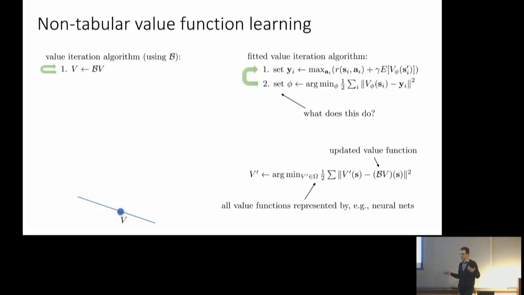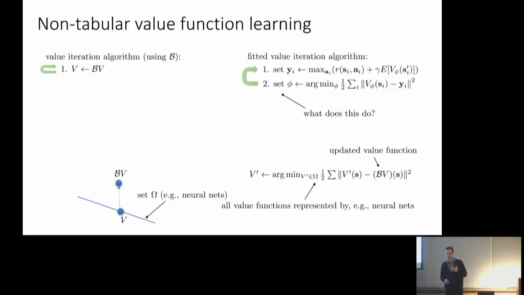So graphically, we can imagine that these 2 steps do the following. Let's say that this blue dot is your current value function, represented by your current neural network. The line represents the set omega. So this is the set of all value functions you can represent with your function class. Maybe the set of all value functions that can be represented with neural networks with 1 hidden layer and 100 units. And I realize that set is not one-dimensional, but just for the sake of illustration, imagine this line is that set, and the whole rest of the slide is a set of all possible value functions. Not all value functions can be represented with a neural network with 1 hidden layer and 100 hidden units. So there is a lot more white stuff than blue stuff.